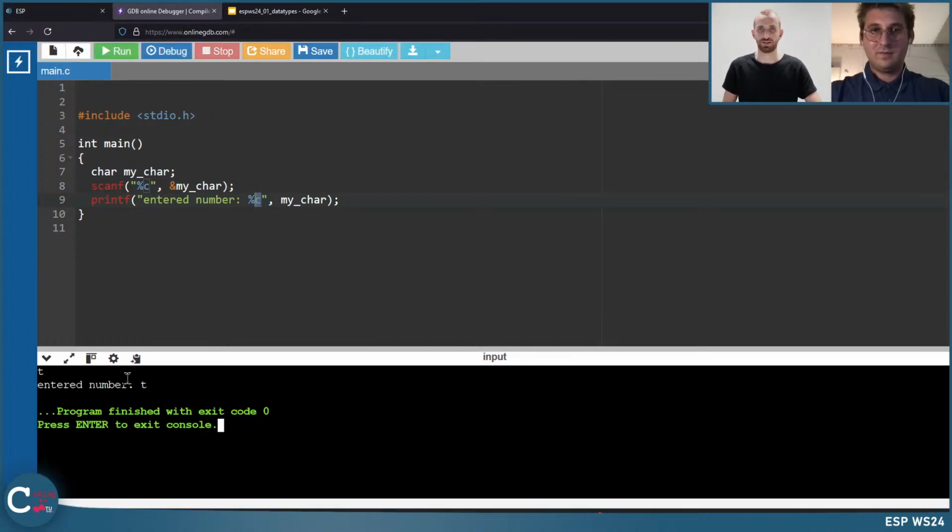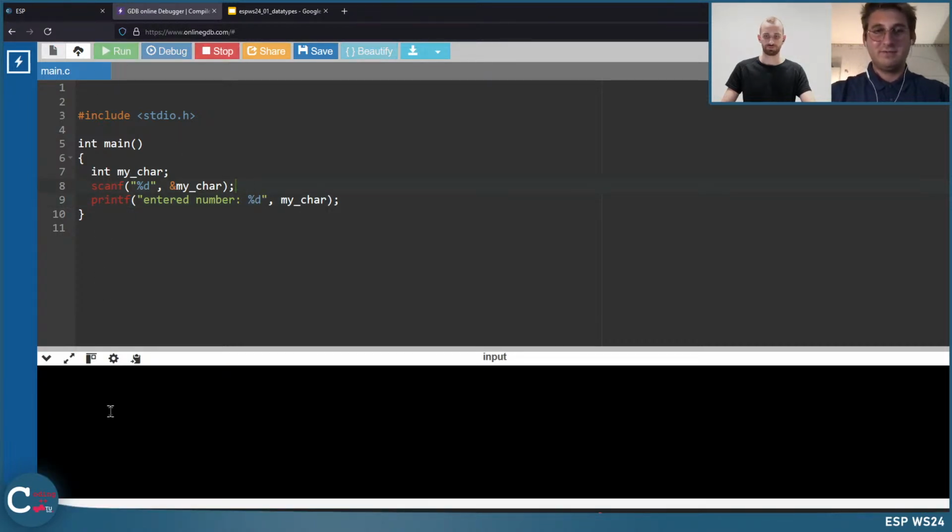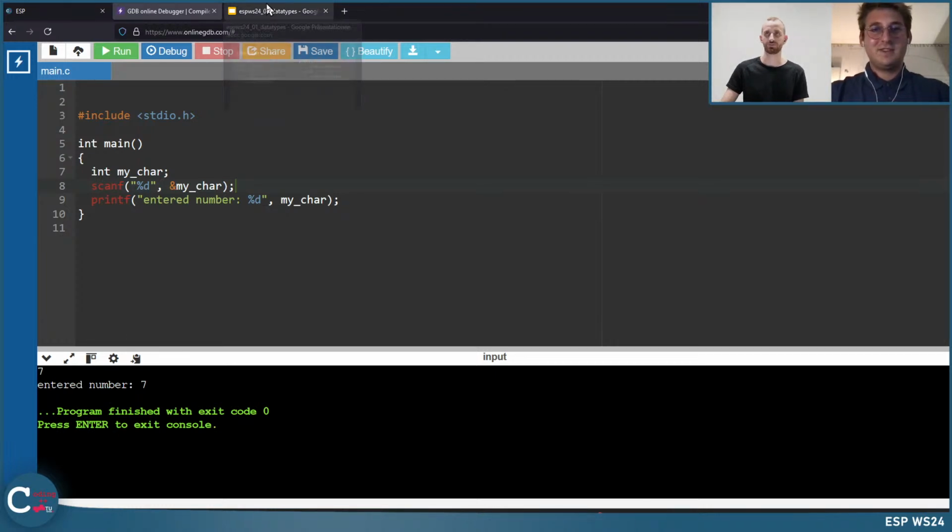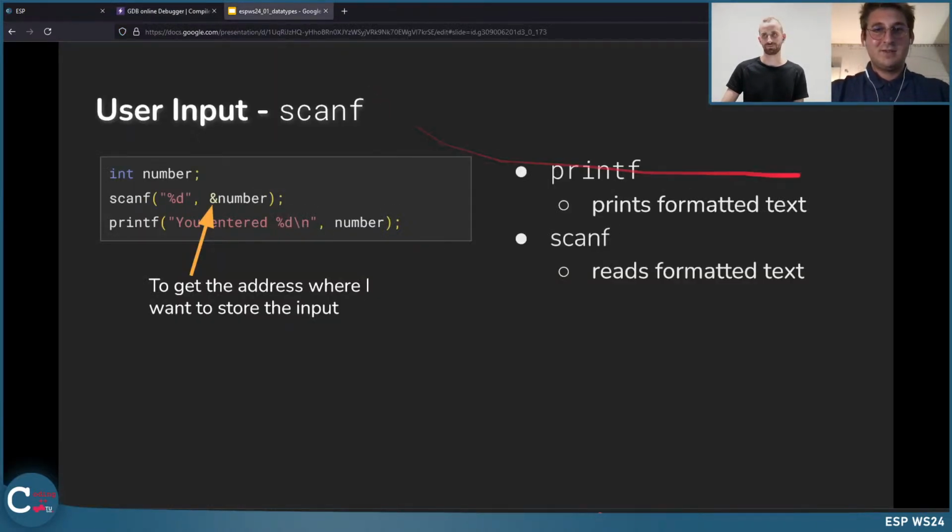And now it works. It is a T. Perfect. When I want an input integer, then I need to declare it as integer. I want to read an integer, and I want to write an integer. So print it as an integer. In this case, 7, and then the entered number is 7. All right. That was the problem.